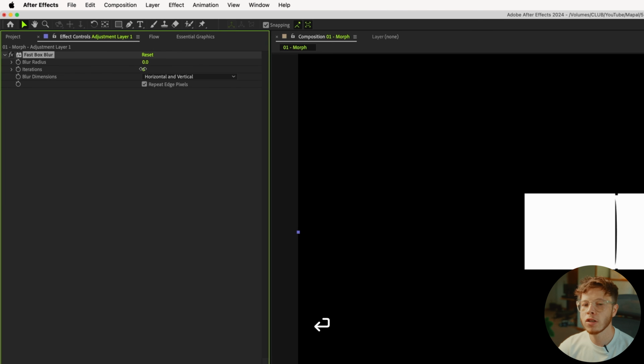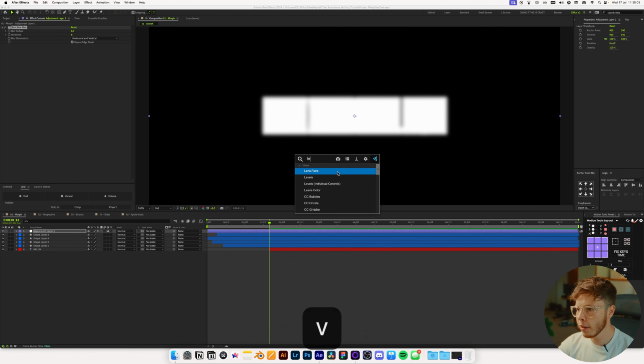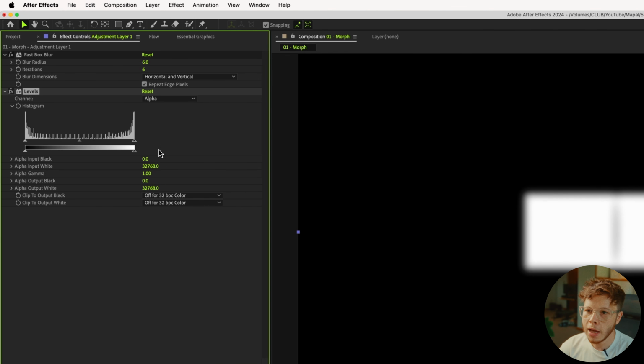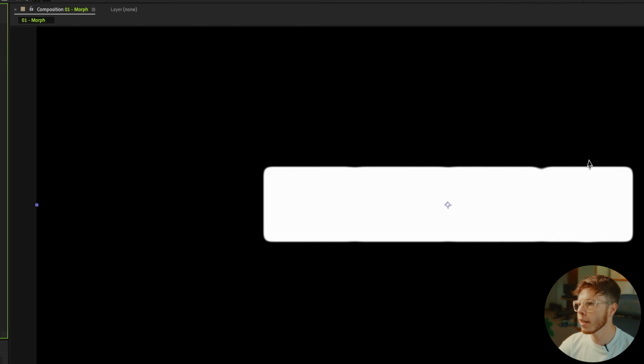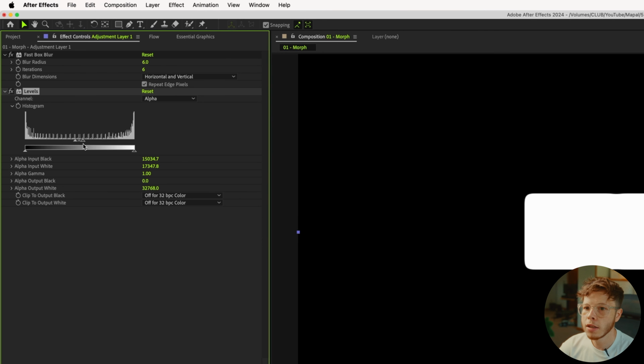I'm going to set the iterations to 6 for a little bit more of a crispier blur, and then I'm going to set the blur radius to 6 as well. So now it's pretty blurry. And I'm going to add a levels effect to this, and I'm going to change it from RGB to alpha. And then by using these sliders, we can kind of crush everything together, and that is what is going to drive, or these two effects together is driving the morph. And you can kind of see it already here, how it's kind of bleeding into one another, getting that morph